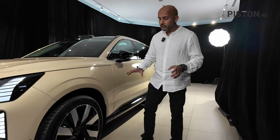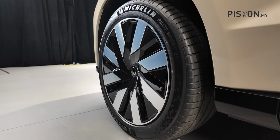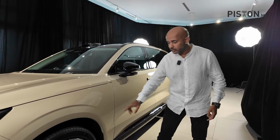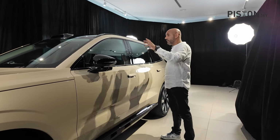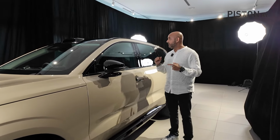From the side, well, you get 21-inch wheels, but for some markets, they get 22-inch wheels. Now, this is wrapped in Michelin Pilot Sport EV tires. Brilliant. And then from the side over here, you get the Volvo XC90 sort of silhouette, but this is